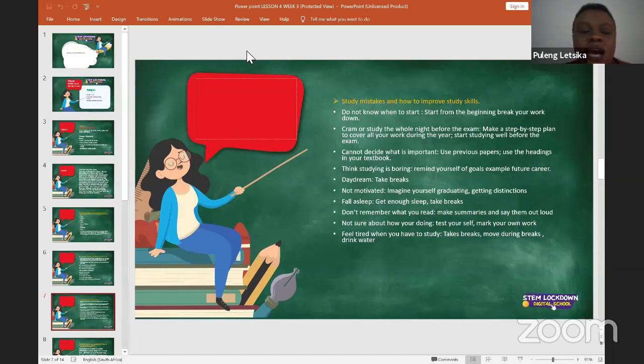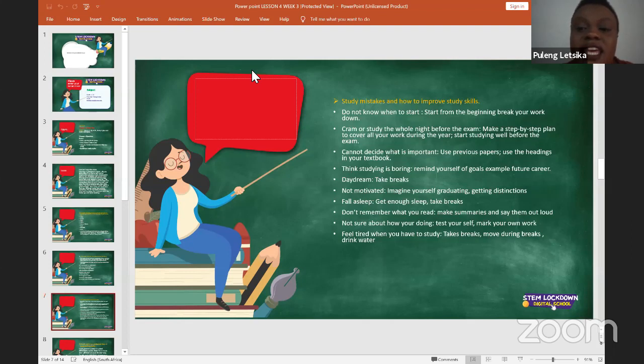And then, if you're not sure about how you're doing, not sure about how you're going with your marks, you don't know whether you're reaching your potential, whether you'll be able to get your 80, then you need to start testing yourself. The best way to test yourself is with past exam papers. You do them and see whether you're able to answer the questions that are asked.